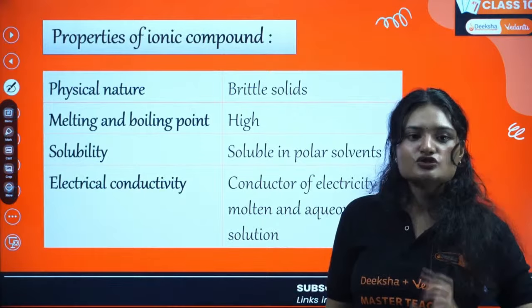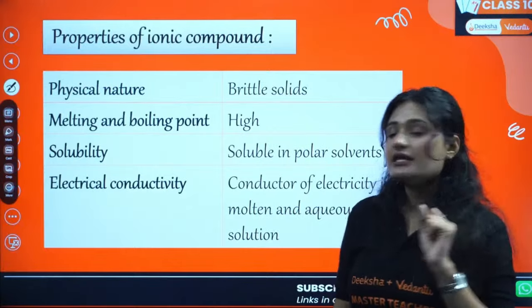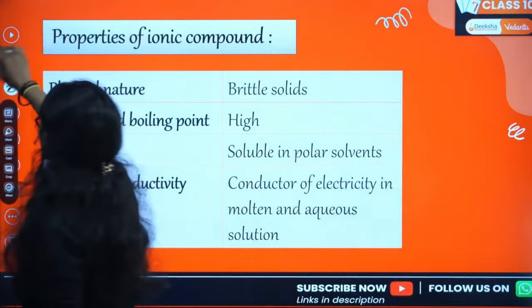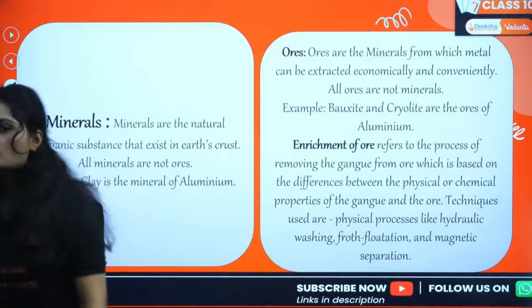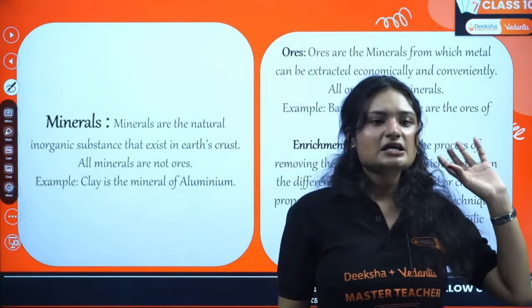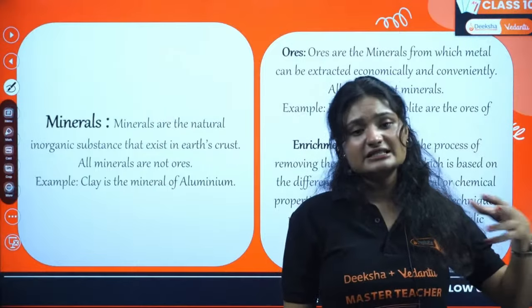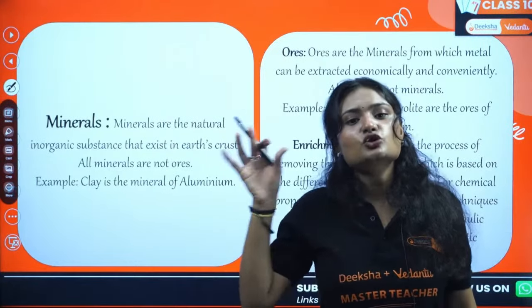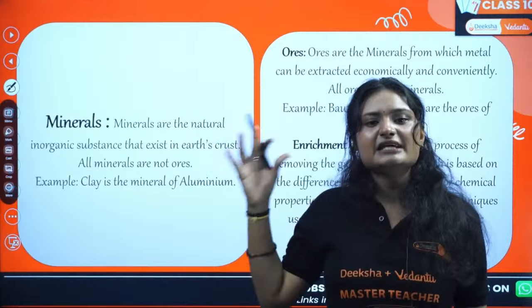in molten state or solution they have the required free ions, and that's why they conduct electricity. Minerals and ores. What are minerals, what are ores? You know that, right? Minerals are natural inorganic substances that exist in our earth crust. Ores are those minerals from which any metal can be extracted